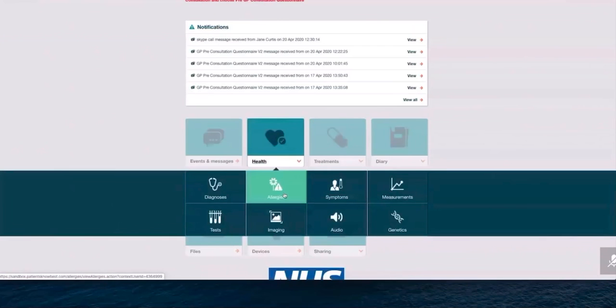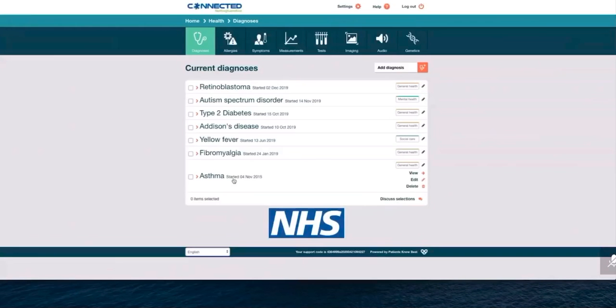And you can see the privacy labels here as well. So you'll notice that at the bottom one, asthma, the patient's got options to view, edit and delete. And the reason for that is because they've added this asthma diagnosis in themselves. So they can edit or delete that self-diagnosis. So if you've got concerns about patients adding multiple different diagnoses, then you can see here that they've added it themselves, and you can click on as a professional and discuss